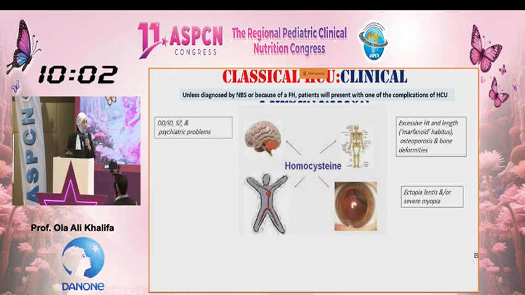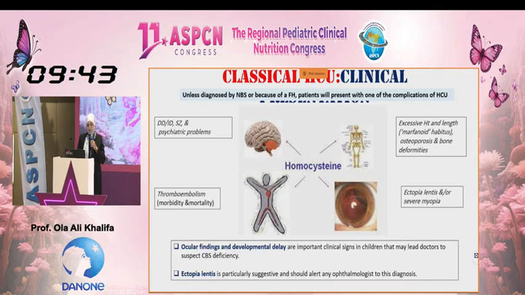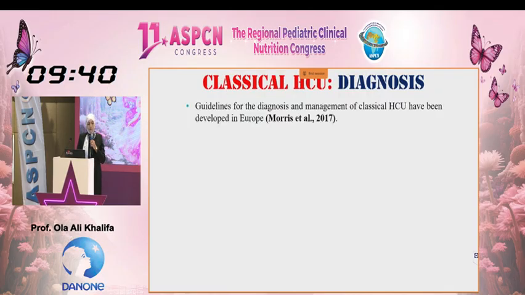They do have developmental delay, intellectual disability, psychiatric problems, and thromboembolism, which is a common cause of morbidity and mortality. It can happen for patients who are pyridoxine unresponsive, but patients with the mild form can only be discovered having thromboembolic manifestations. For the diagnosis, guidelines had been developed in 2017 by Maurice and a group of experts